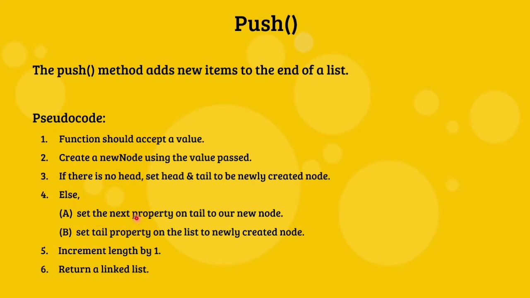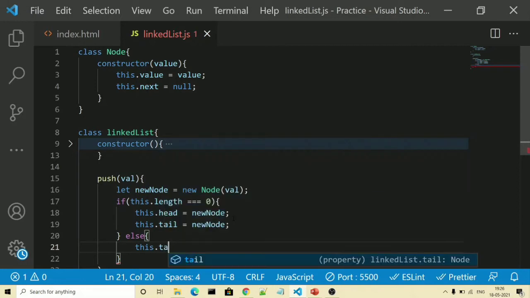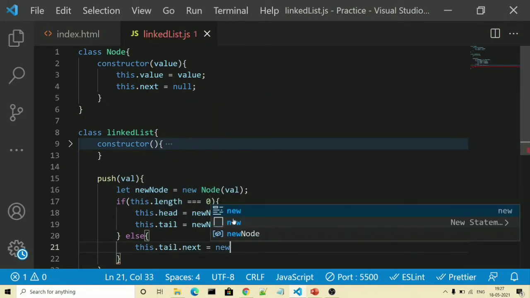Else, set the next property on the tail to our new node. So we will simply write else and there we will do this dot tail dot next is equal to our new node first.